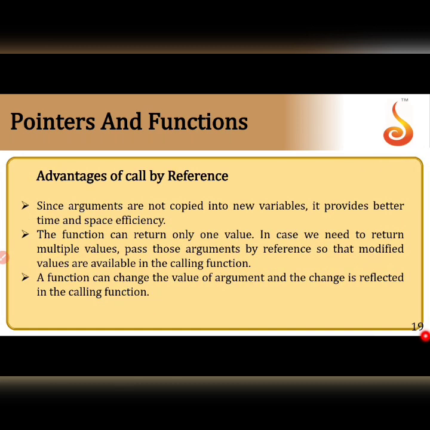Next is advantages. We went through this yesterday only. See, the arguments are not copied to new variables because I am passing the address of it. So when I am passing the address I don't have to create a copy. But for value, yes, when you say pass by value you create a copy. That is why the changes you make in the copy will not be reflected in the original. An example I can give you: you create a Xerox of a document and you have an original, you make changes to the Xerox but the original remains the same. Whereas in reference you pass the original document only, so whatever changes you make to that